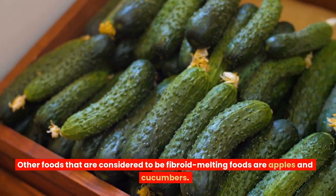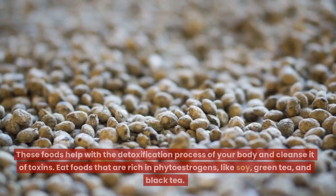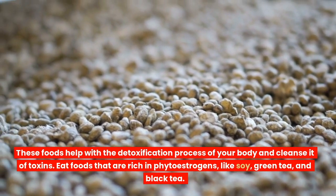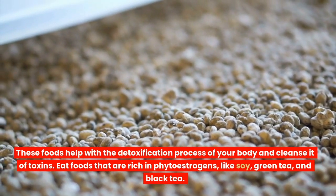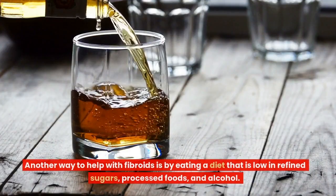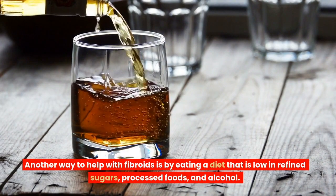Other foods that are considered to be fibroid-melting foods are apples and cucumbers. These foods help with the detoxification process of your body and cleanse it of toxins. Eat foods that are rich in phytoestrogens, like soy, green tea, and black tea. Another way to help with fibroids is by eating a diet that is low in refined sugars, processed foods, and